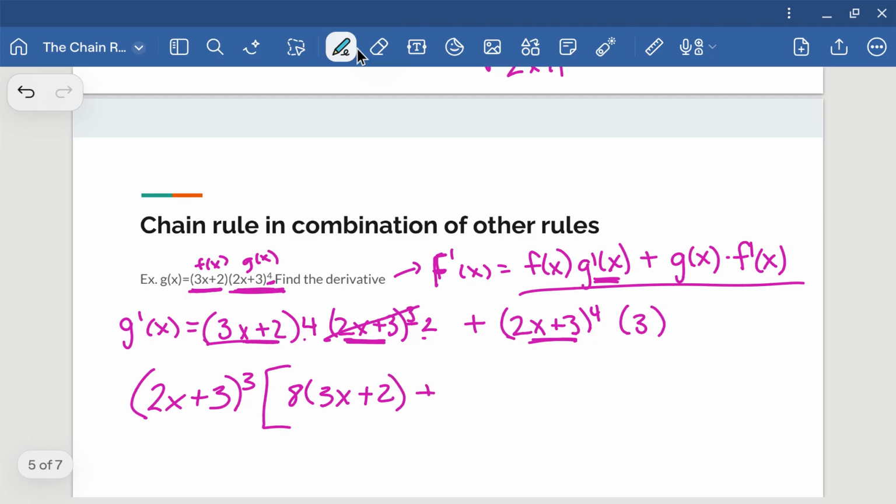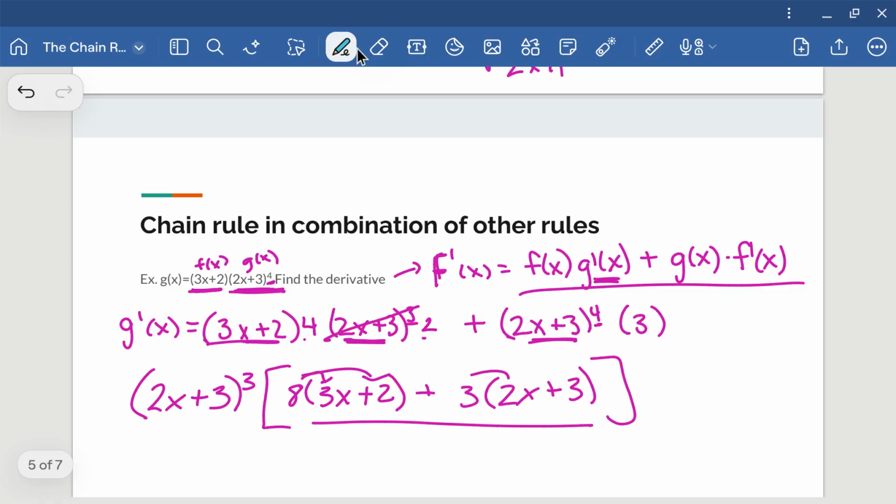And then from the second one, if I took it out, I'd still have 1 left over. So I'd have, I'm just going to write the coefficient first, 3 times (2x plus 3). Then I can simplify within the bracket, so distribute through and then collect like terms. So my (2x plus 3) cubed is still there. And then the next part will simplify to